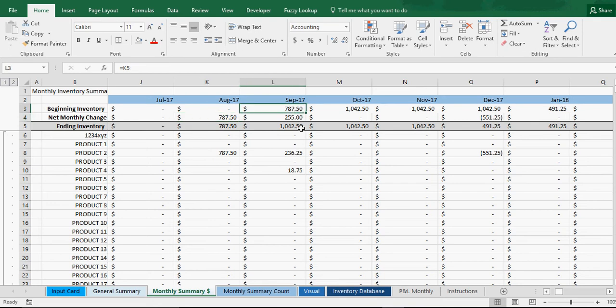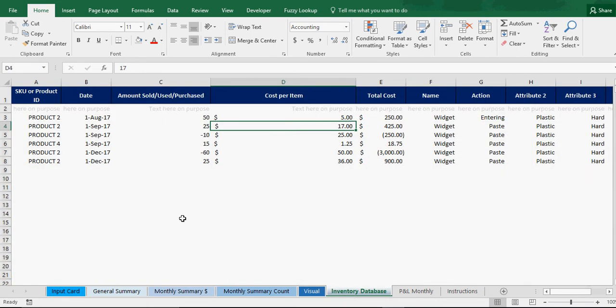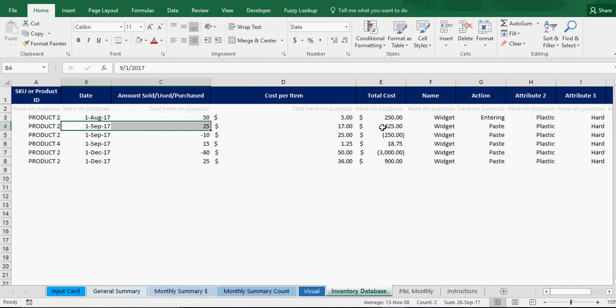September starting balance 787. Then we actually sold some inventory off. The value of that inventory that was sold was 255. Or actually, we sold and bought some. So this is the net effect of inventory. So actually we raised inventory up by $255, and we got to $1,000. And you can see, if we go to our database in September, we bought $425 worth here, $18 worth here. We did sell this, but we can't just say we sold $250 worth, because for product 2,